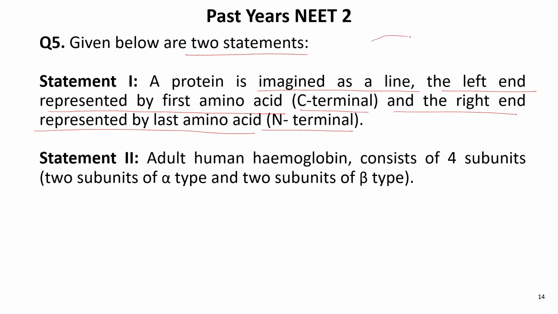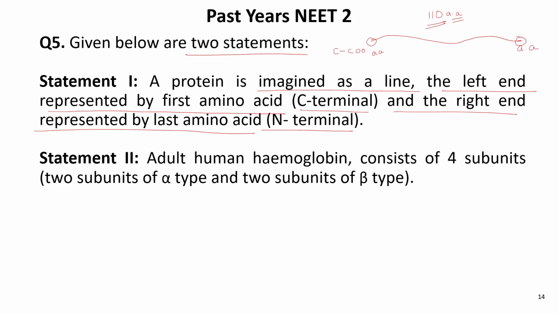So if this is a polypeptide, here this is the first amino acid and here it is the last amino acid. So if I say that this polypeptide is made up of 110 amino acids, then this first one will have a structure like this: